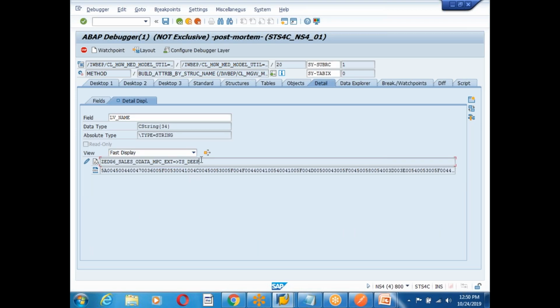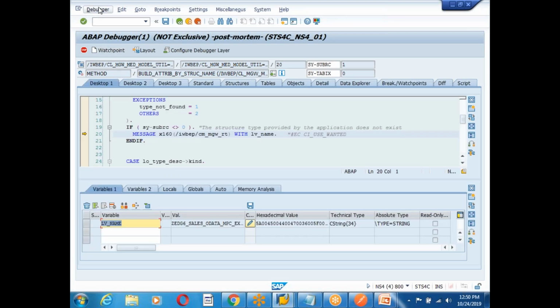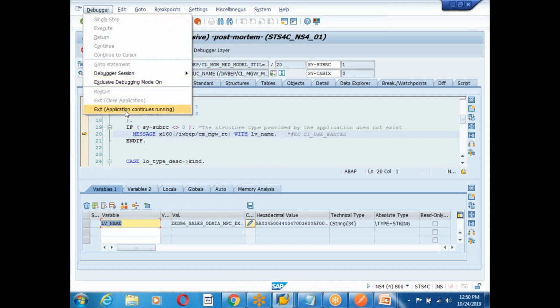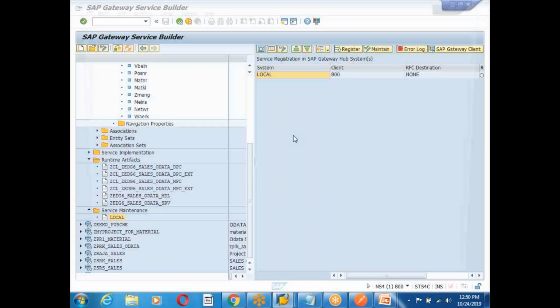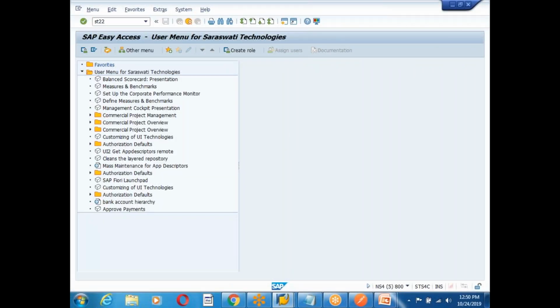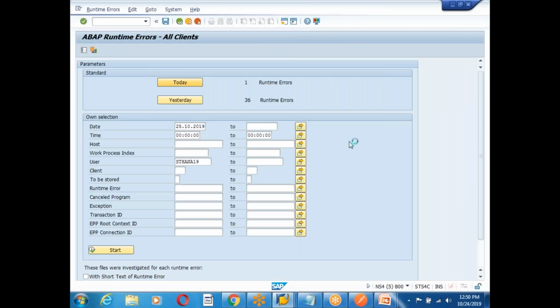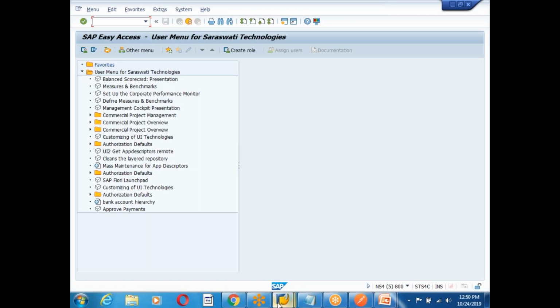It's an ATS deep debugger. Exit application and debugger, and go to the ST22. Today only one runtime error. Okay, so maybe we'll go to the error log, guys, again, and error log,